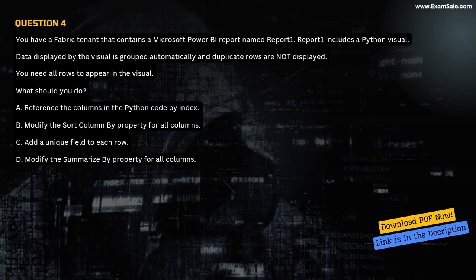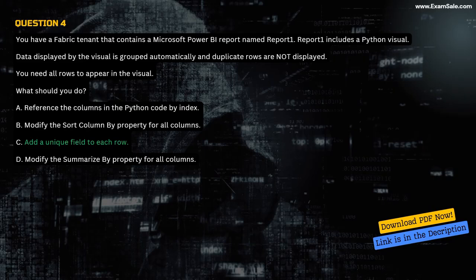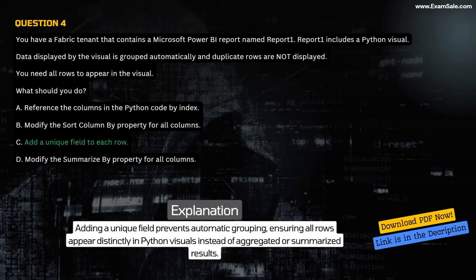B. Modify the Sort by column property for all columns. C. Add a unique field to each row. D. Modify the Summarize by property for all columns. Correct answer: C, add a unique field to each row. Explanation: Adding a unique field prevents automatic grouping, ensuring all rows appear distinctly in Python visuals instead of aggregated or